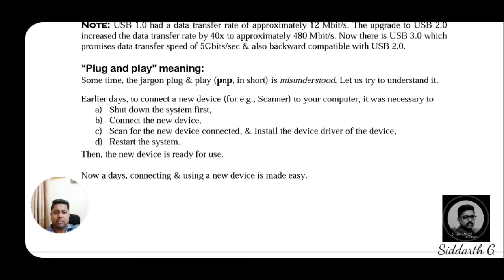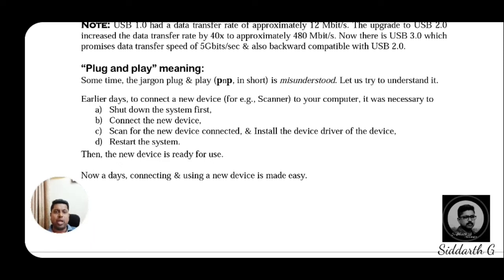Some devices like a pen drive, keyboard, or mouse, when connected to the motherboard, automatically play. These are all add-on devices, extra devices. So this is what we call plug and play devices.